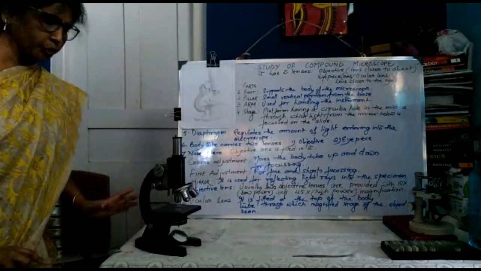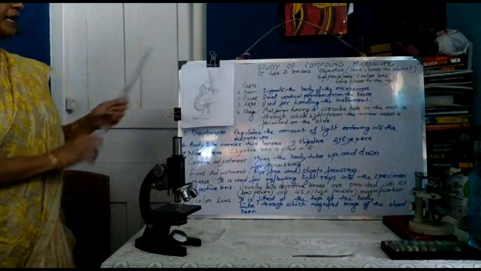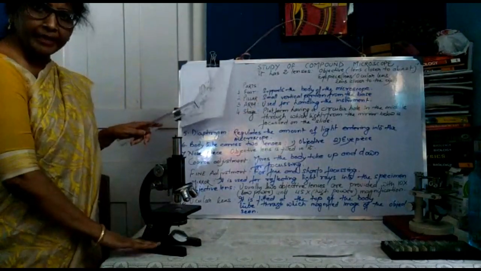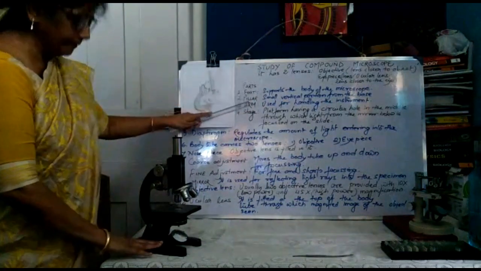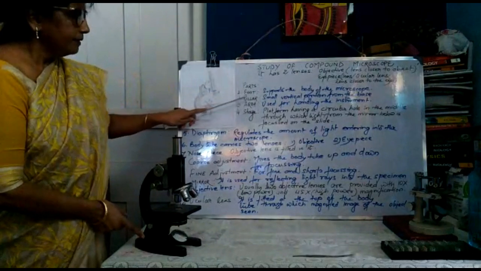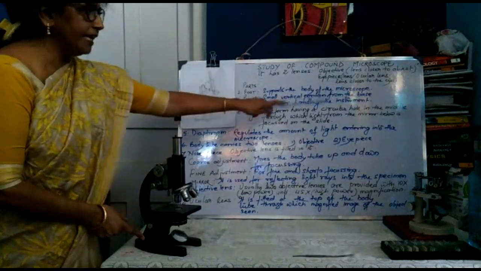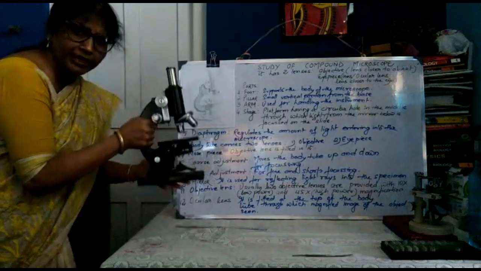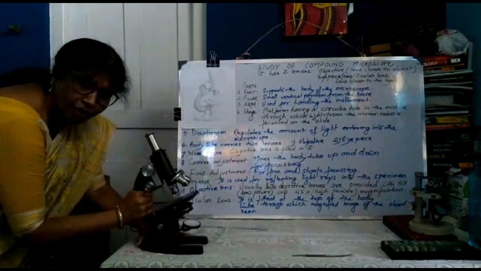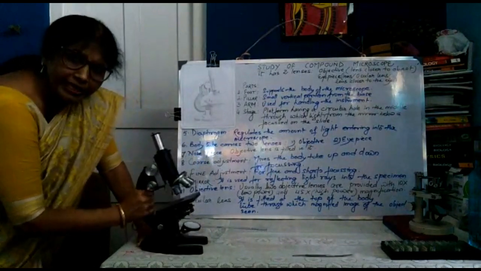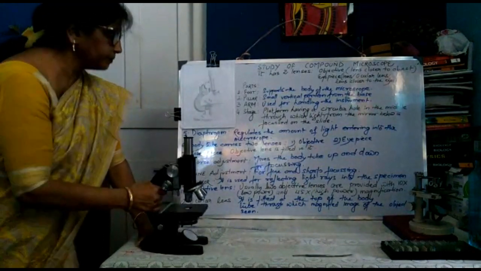This is a light microscope, magnification twice. Now, the foot supports the body of the microscope. This is the foot of the microscope, which supports the body, and there is a pillar, a small vertical portion from the base. Then the arm is used for handling the instrument. You can see how I am handling it. I can hold it like this, or I can fold it like this. If I want to sit and see the object, then I can fold it like this and see the object.